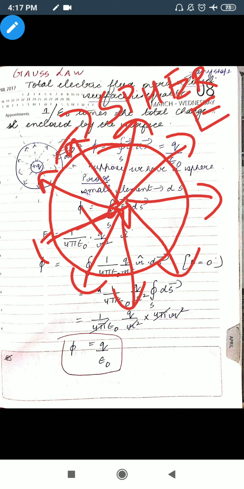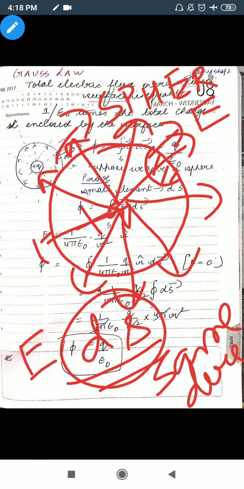So this is the direction of electric field line. Now if I consider a very small area on this surface, you can see that if I draw perpendicular to that area, then the electric field as well as the area vector are in the same direction. What is area vector? Perpendicular to that area, drawn to a small area that we have considered on that particular sphere. So we can see that the electric field intensity and the area vector are in the same direction. Now since they are in the same direction, it means that the value of theta is going to be 0 and the value of cos 0 is 1.